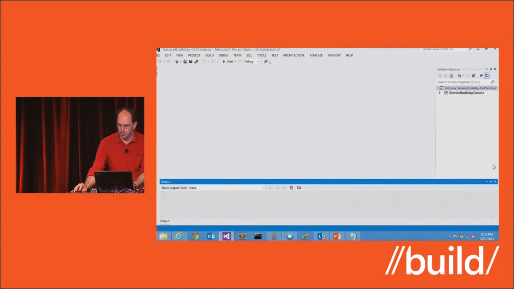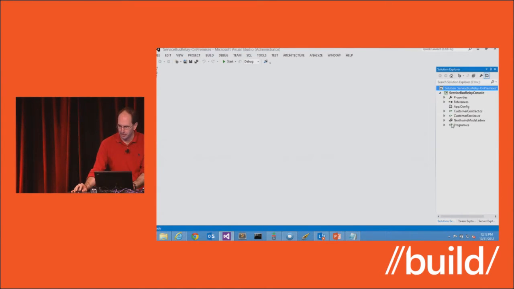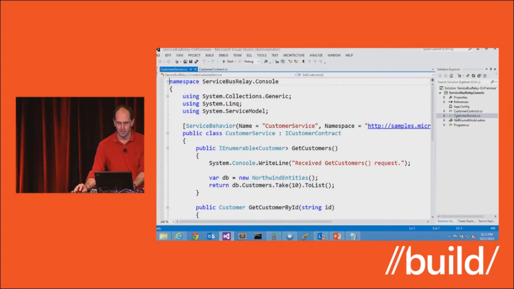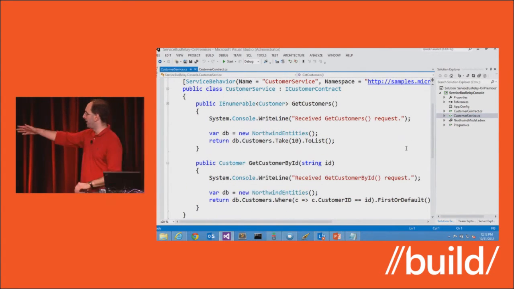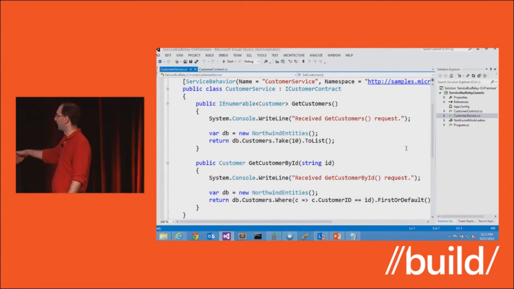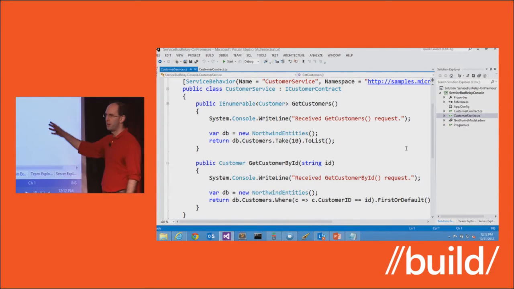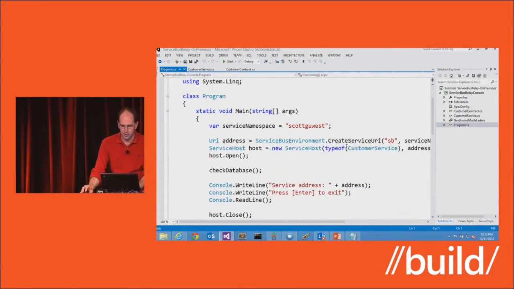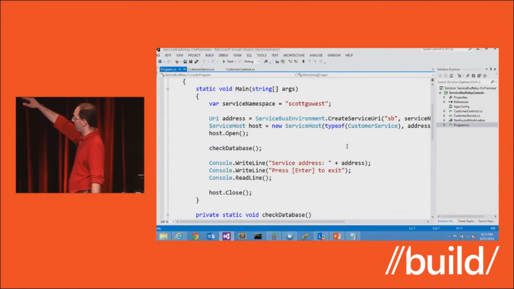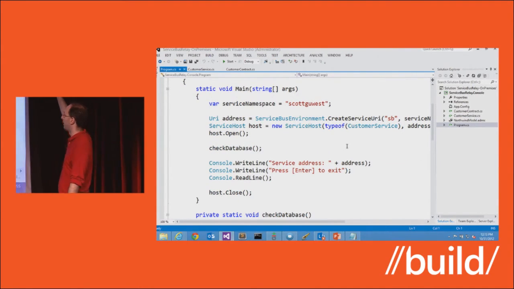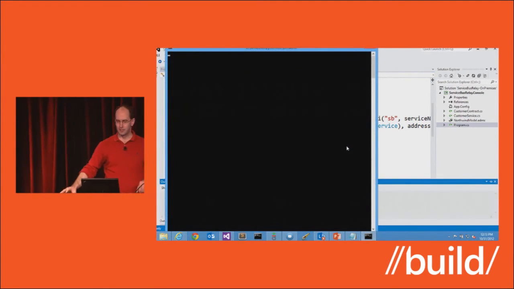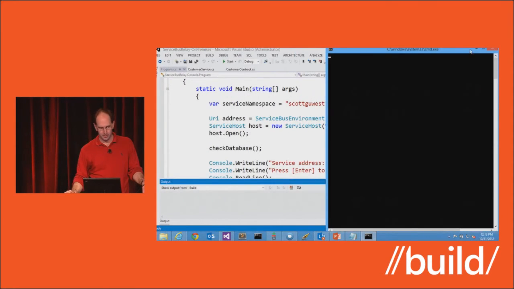I am opening up a WCF project. It's again going to be a command line console app. I have a customer contract defined in WCF with a get customers and get customer by ID method. And I'm implementing it using Entity Framework against a local database on my laptop where I just return the data. So very simple contract. I can then, inside my console app, when I start up, connect to Windows Azure, and I'm publishing this service up in the cloud. And I just display some details there. And every time someone connects to it, I write a little bit of debug logging data to the screen.